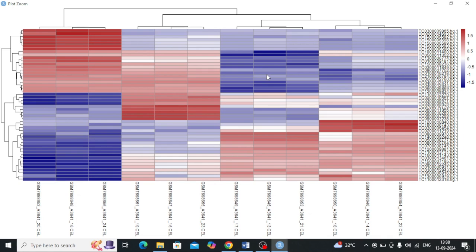Even we can simply say that heat maps provide a pictorial visualization of the data we have input into it. So that's it for today. We'll be closing these tabs,